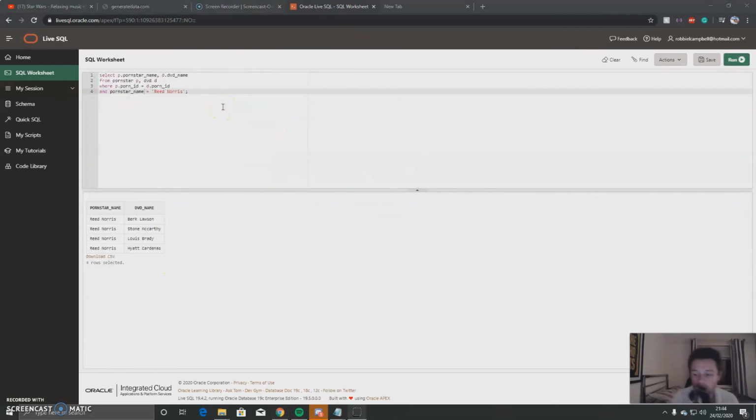Okay, so we're now at a point where we want to use a select statement to just show what we've done. So we've inputted all of our data that's been generated from generatedata.com. We just want to use a select query that actually shows what we've done. So as we can see, it does actually work as intended. So we use select p.pornstar_name and DVD_name, and then we're going to take it from pornstar p and DVD d, which is referenced from our primary and foreign keys, where porn ID is equal to d.porn_ID. That's our primary key referenced in our DVD table as DVD porn ID, and the pornstar name is equal